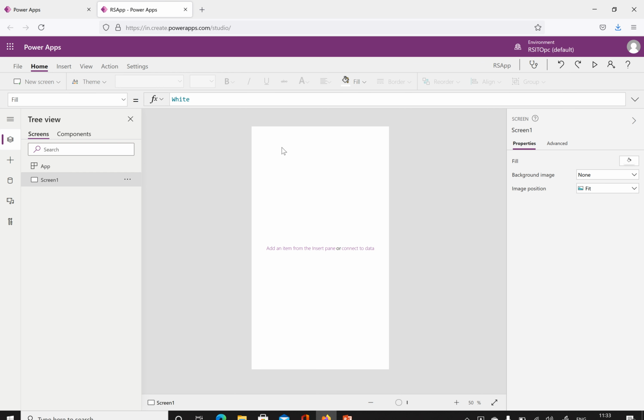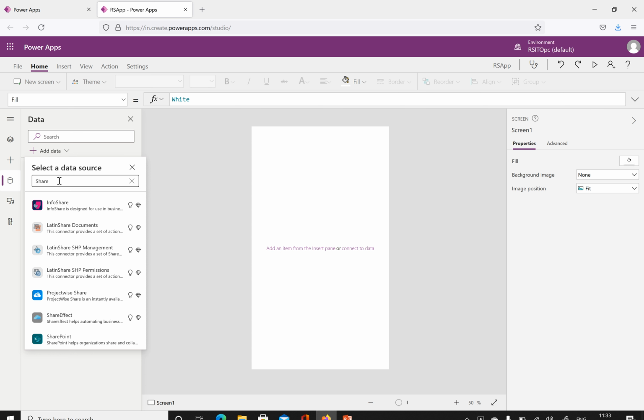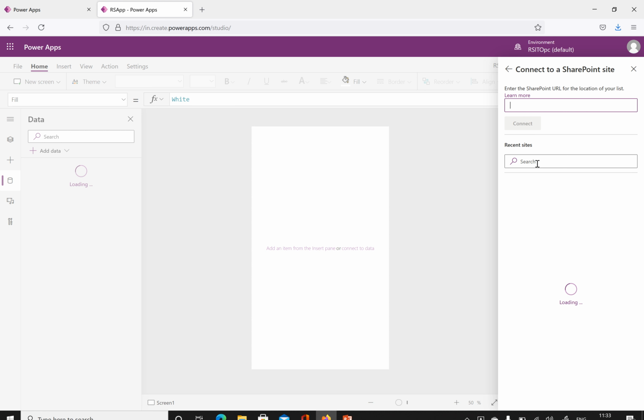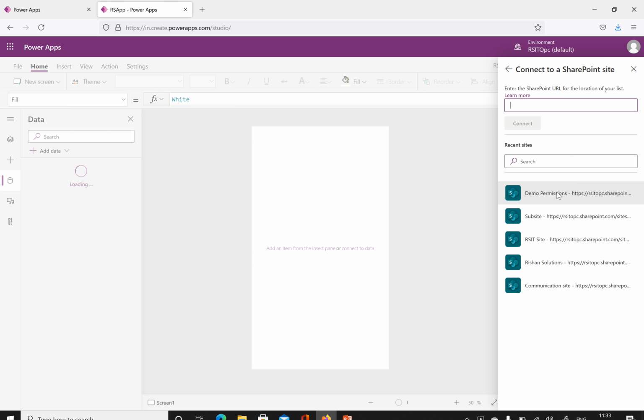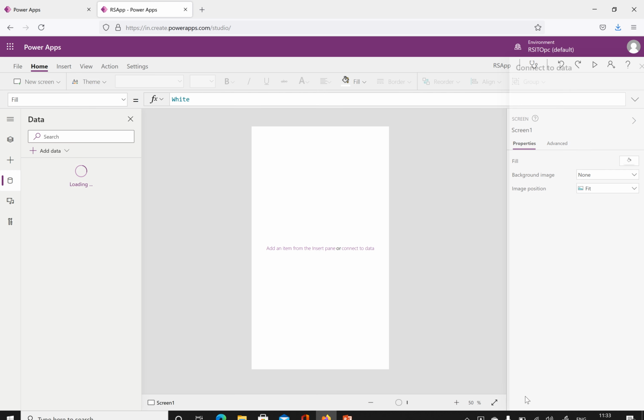In the Power App Studio, we can add the controls and we can do some kind of actions here. So first, what I'm trying to do is I'll add something here. Before adding that, I'm trying to add a data connection. So click this one and search for your data connection. I'm trying to add a SharePoint data connection, which I already created here. So click this one. Now it's trying to load the sites which are available here. So we have this RSIT site. Inside that, I'm trying to add Products. Click connect.